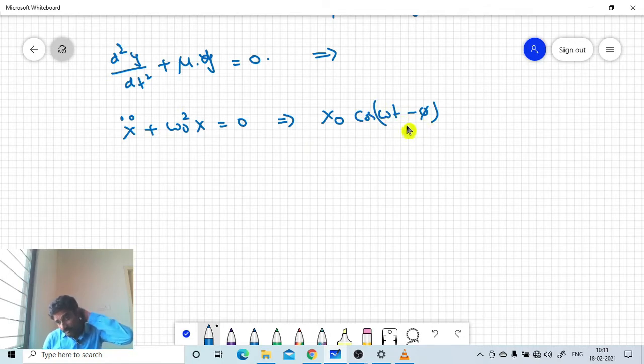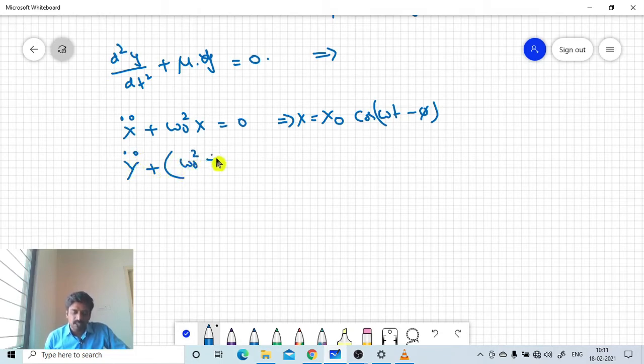So how we reach this point means we need to go to previous lectures, where x is equal to the solution of this, where capital X is equal to this value we will get. In a similar manner, y double dot plus some constant, that is equal to omega naught square plus 2s by m into y is equal to 0. With the same type of similarity, this solution will have y is equal to y naught into cos of omega t minus pi.